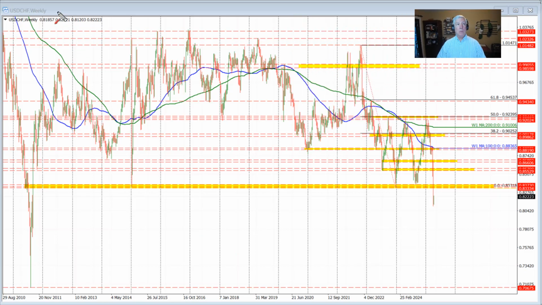The dollar versus Swiss broke to the downside last week, and in doing so fell to the lowest level going back to 2011. That's a long time ago. I will talk about the technicals that are driving this currency pair, including that break, in this video, so let's get started. Looking at the weekly chart of this currency pair, go back in time to that 2011, 2010 area,